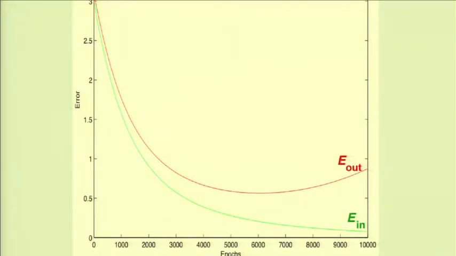Now, there are many things you can say about this curve, and one of them is, in the beginning, when you start with a random W star, in spite of the fact that you are using a full neural network, when you evaluate on this point, you have only one hypothesis that does not depend on the data set. This is the random W that you got. So it's not a surprise that E in and E out are about the same value here,